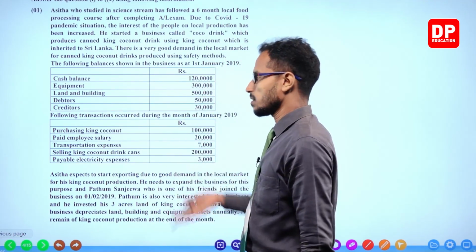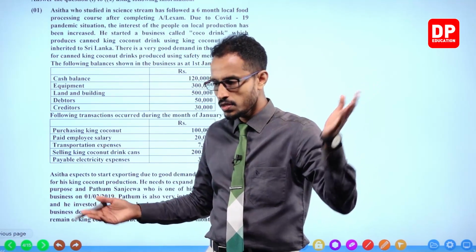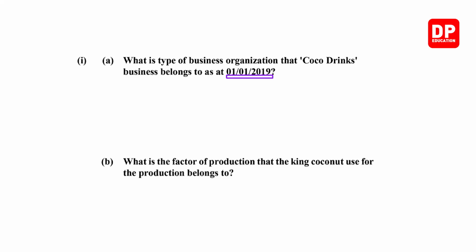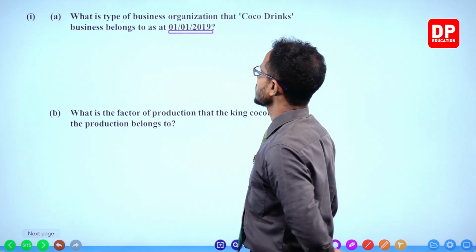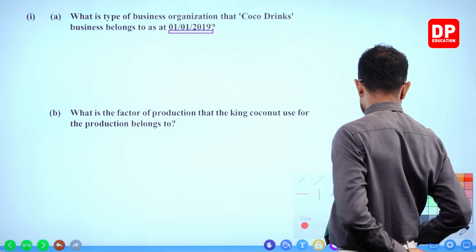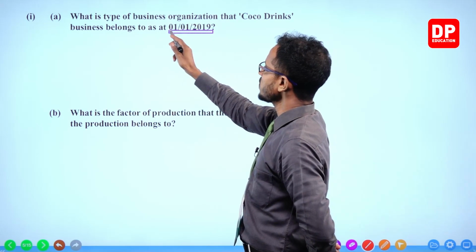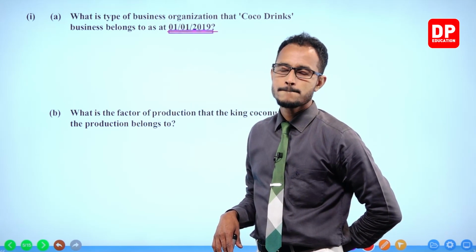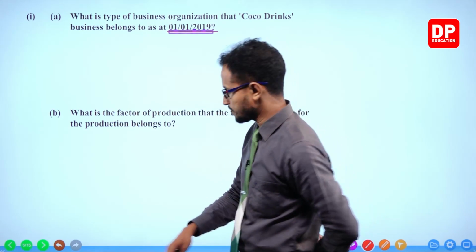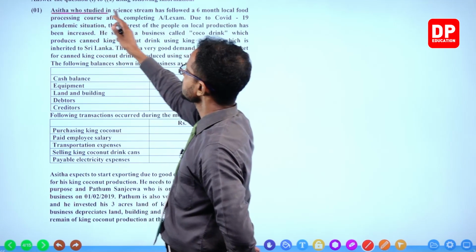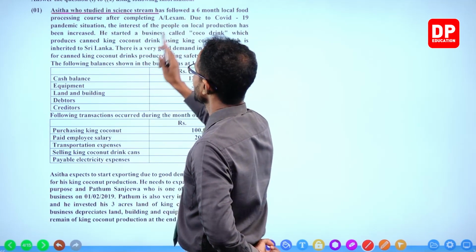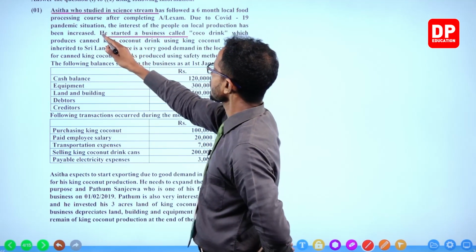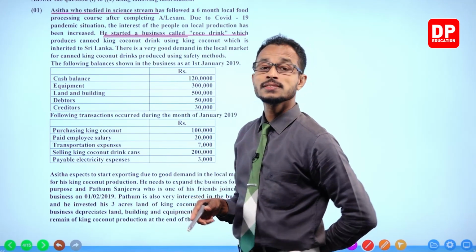Now, we read the case and we read the questions also. Now we can start answering. What is the type of business organization that Cocoa Drinks business belong to as at 1st January? You very well know now, 1st January is the beginning of the business, beginning of the year. Who started the business? Asita started. It's here, Asita, who studied in science stream. Okay, he started business called Cocoa Drinks. Yeah, so only him,